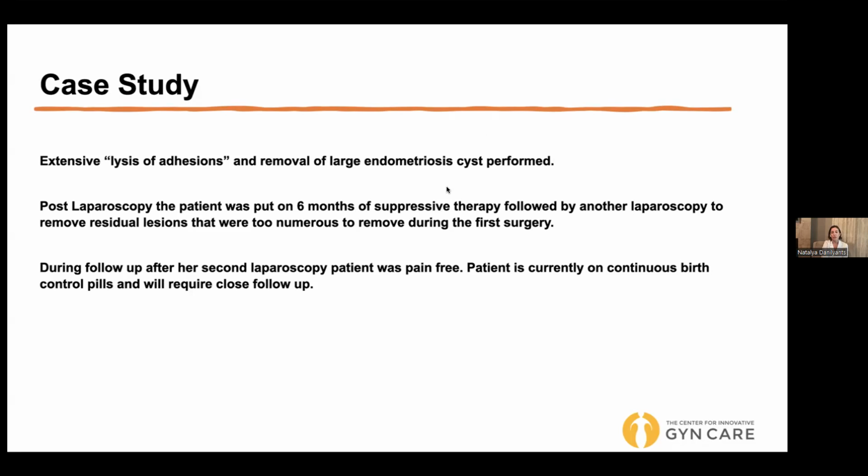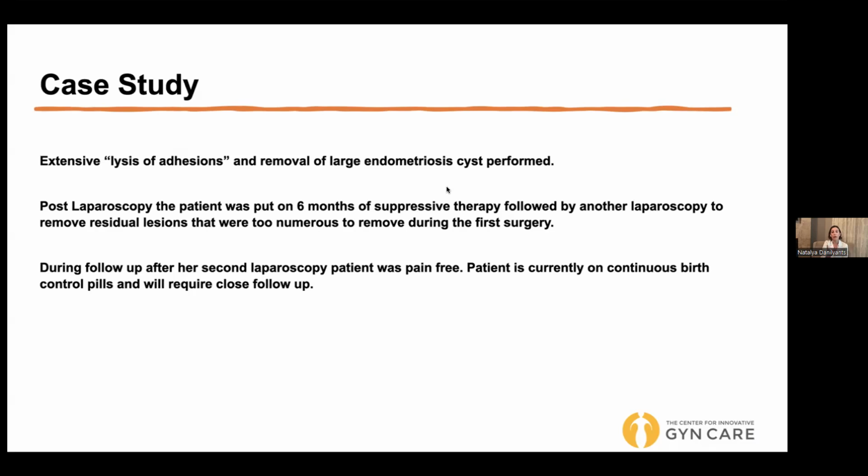So it's mostly masking the pain symptoms, but also, when you're not on the birth control pill and you're premenopausal, you're ovulating every month, and around ovulation time, the estrogen levels go up. So the estrogen levels are not the same throughout the month; they go up and they drop. If the pregnancy doesn't happen, the period comes, and then the whole process starts all over again. So it's the spikes in estrogen levels that the birth control pill is preventing. So there is going to be overall some suppression of the ovaries.